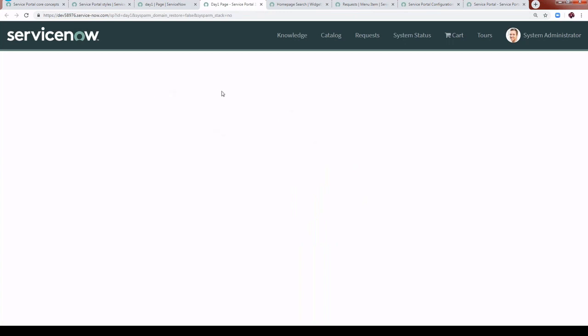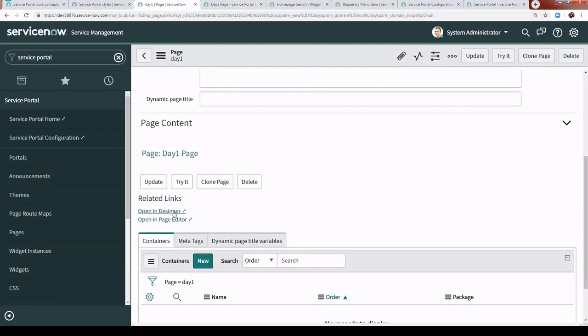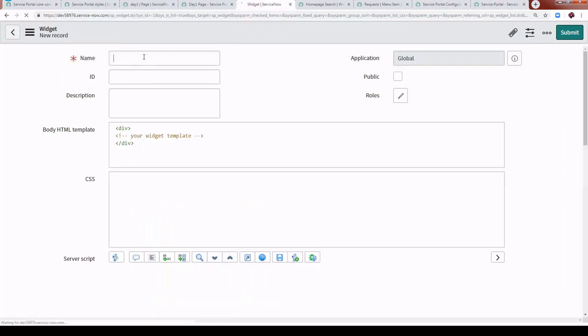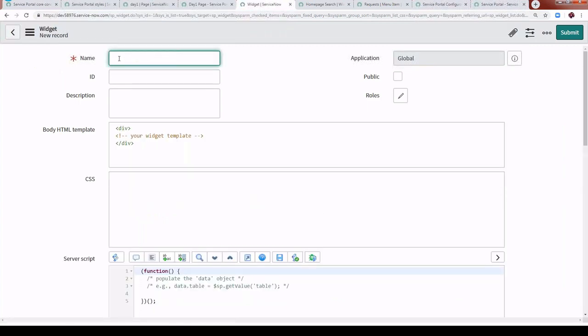That's why nothing is rendering here. So go to that. Okay, let's create one widget also, so that we can add this widget to the page. If I go to the widgets and click new, I can create the new widgets here,